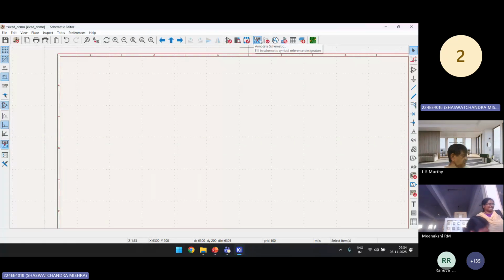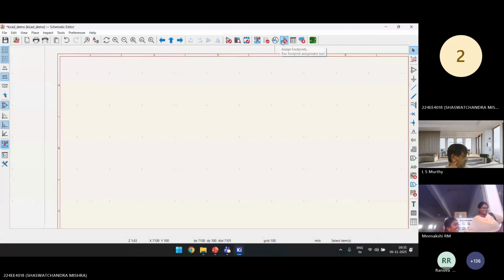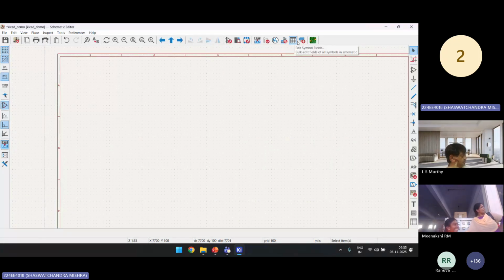Then there is a simulator as well. If you have designed your schematic, then you can simulate the circuit from here as well, just like you do in Simulink. Then there is assign footprints icon. From here, we will be assigning the footprints to the different components that we'll be adding in our circuit. Then there is generate bill of materials. So bill of materials is basically, it will give you an Excel file where the different components will be listed, so that you can